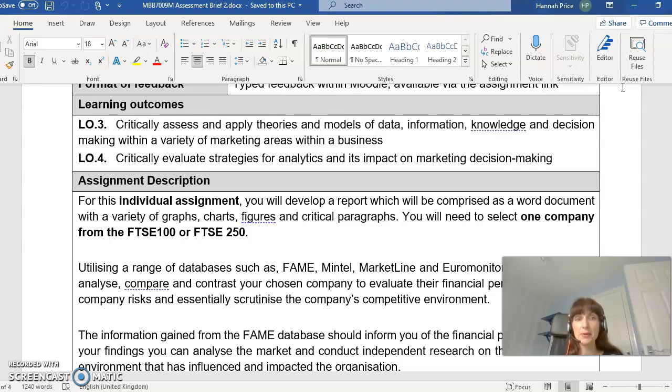Another key part of this assessment, and one where people didn't succeed and so they are needing to resit now, is you accessing Fame, Mintel, MarketLine, Euromonitor, to name but a few. If you don't know how to do that, you need to learn. In week 6 of the materials, the lecture and the seminars were all about using those databases. There are a number of videos about each of those databases in turn and how you use them